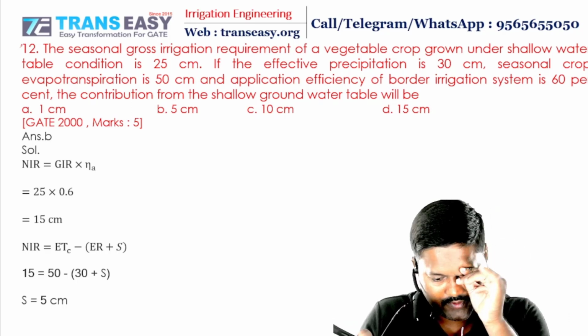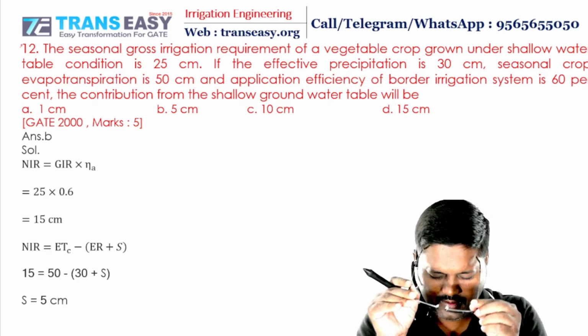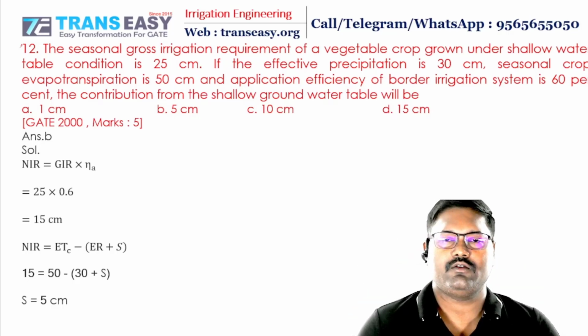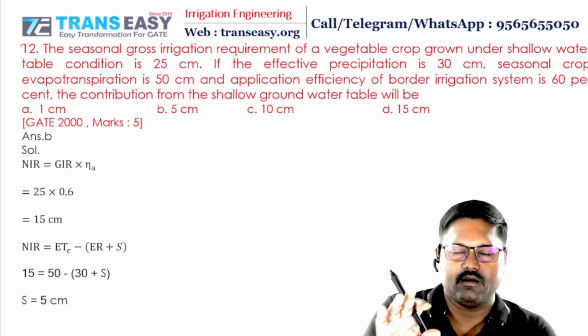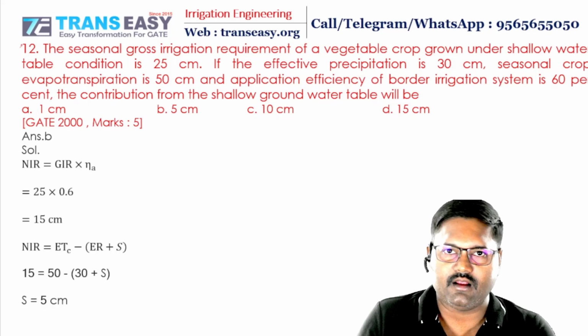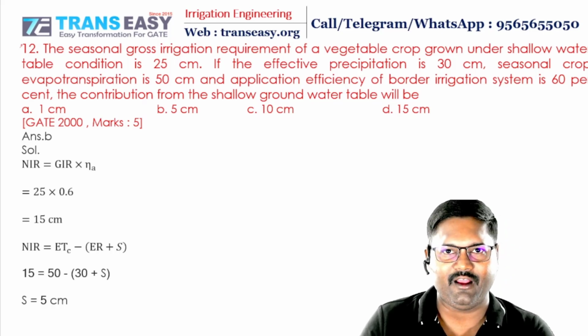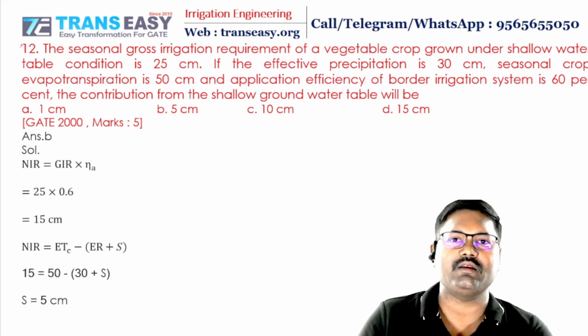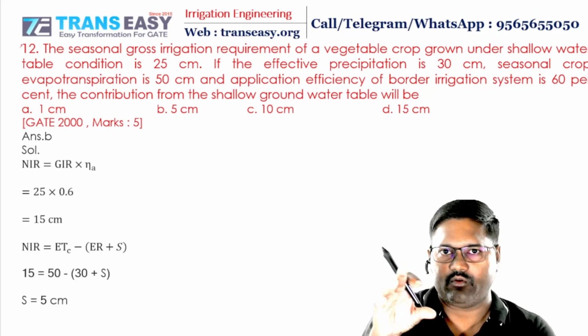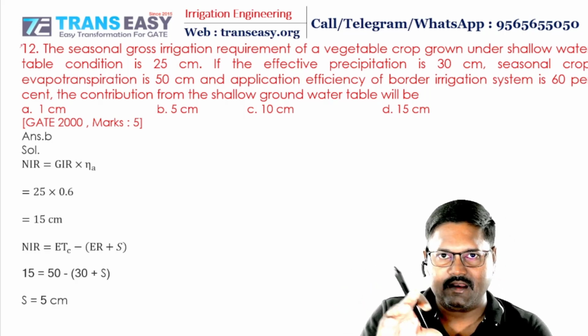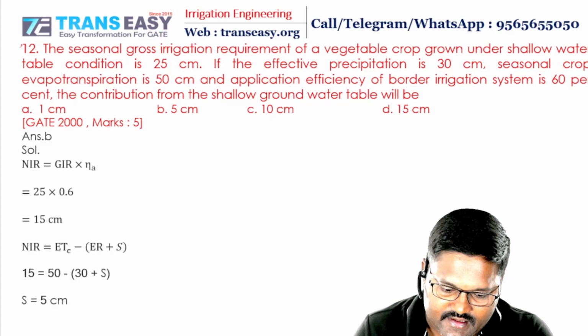ठीक है, एप्लीकेशन लॉस के बारे में भी कोई इंफॉर्मेशन नहीं है. सो जो कुछ भी हम डाइवर्ट किए हैं कनाल सिस्टम में वो पूरी की पूरी फील्ड में आ रही है. ठीक है, वो किस लिए आ रही है? नेट इरिगेशन रिक्वायरमेंट को सेटिस्फाई करने के लिए. सो नेट इरिगेशन, अच्छा एप्लीकेशन इफिशिएंसी दिया है ना,